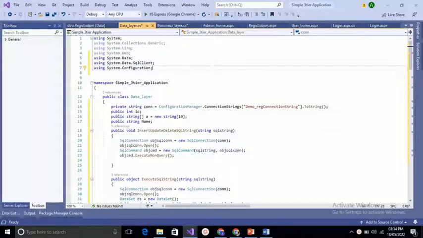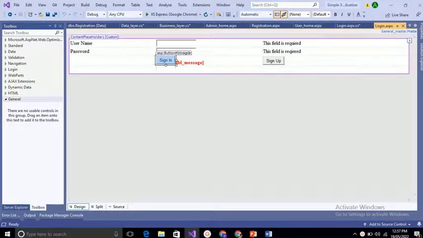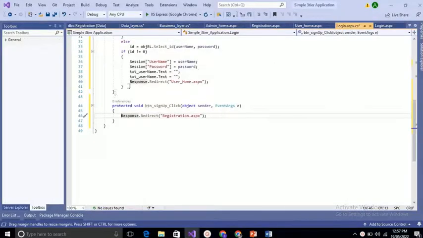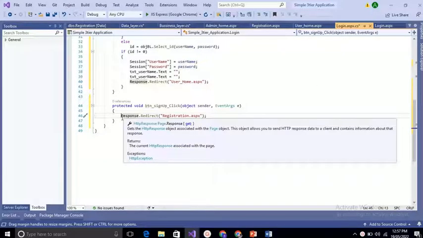Then we go to the coding section of the web forms. First, login.aspx. In the login.aspx page, there are two buttons, sign up and sign in. The sign up button is for registering a new user. Double click on the sign up button leads to the coding section of the login.aspx page. We get login.aspx.cs. Inside the button click of the sign up button,